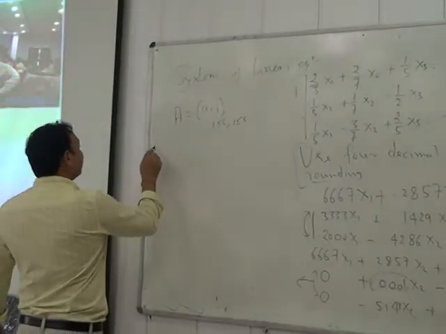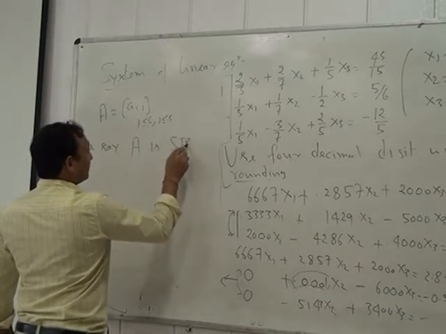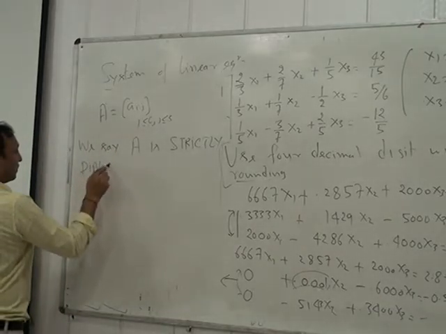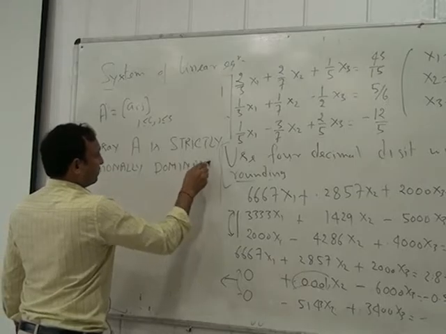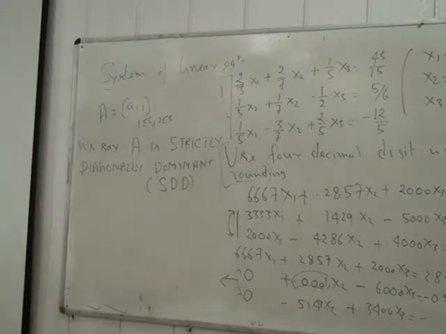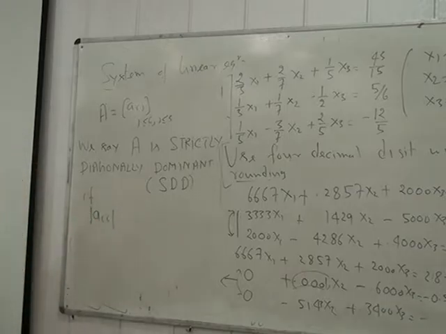So we say A is strictly diagonally dominant, or in short, I will write this as SDD, if you look at the diagonal elements A_ii, these are your diagonal elements, the diagonal element is strictly greater than